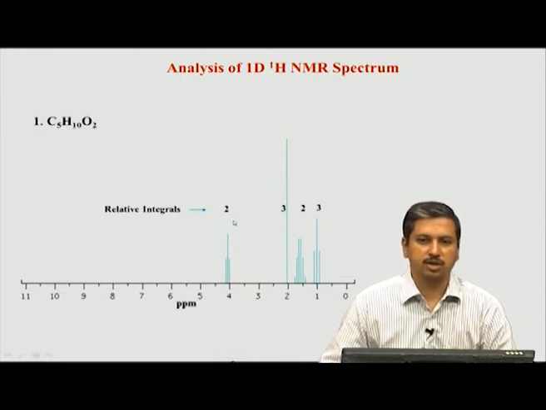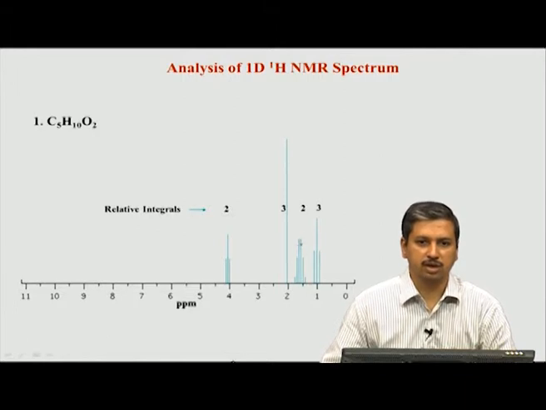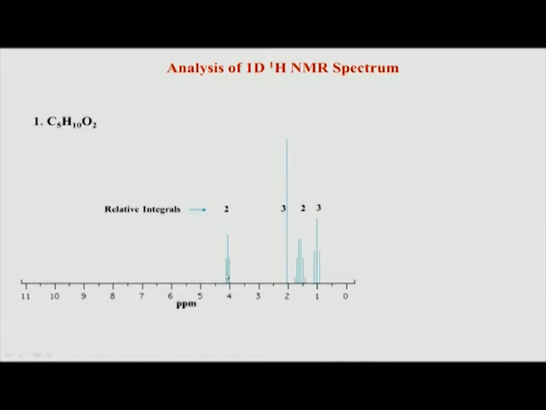As we discussed in the last class, the first thing you will have to see is the number of hydrogens. If you see here there are 4 main peaks. Of course, remember the small peaks are the multiplet of J values because of J coupling, that is the whole structure together is considered as one peak. So, here is one peak, 1, 3 and 4 peaks. So, there are 4 peaks in this molecule, which immediately tells us that there are 4 different types of hydrogens which you would expect in this molecule.